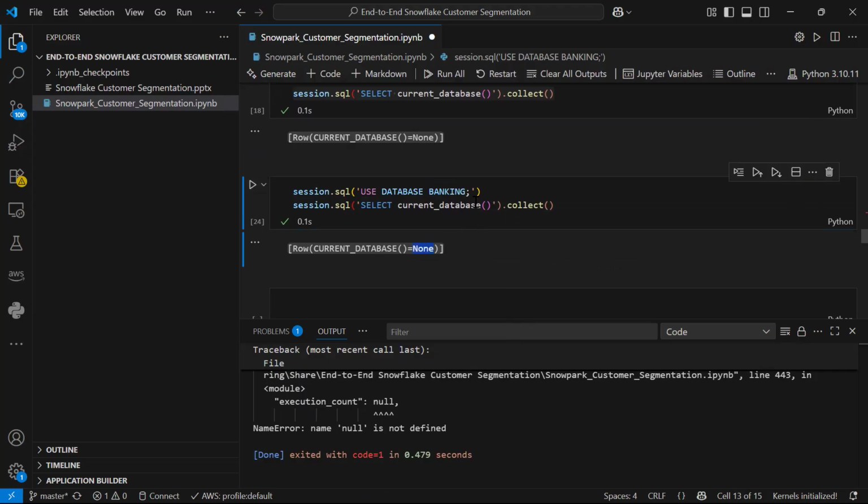No, why is it wrong? That's what, this is a strange thing. This use database banking should work generally, because we are not running any command. Just a minute. The command is correct only.